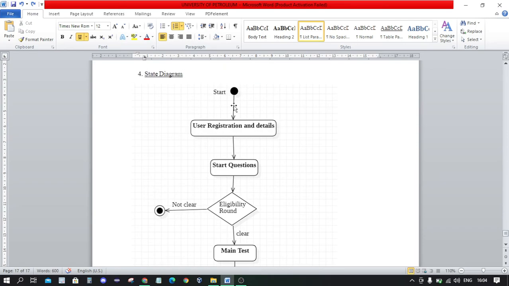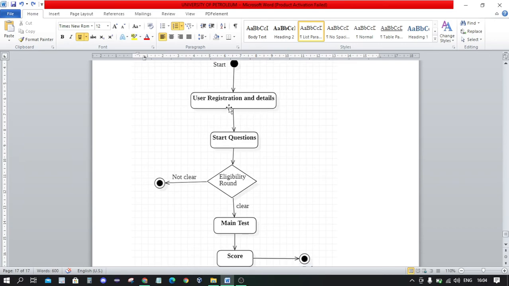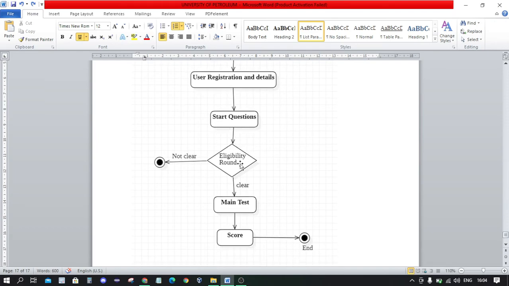Then first we will start the quiz, then it will ask for the user registration and details. Then after that verification, we have to start the quiz, then start the questions. Then it will check the eligibility round. If he or she is eligible, then only can we proceed to the main test.